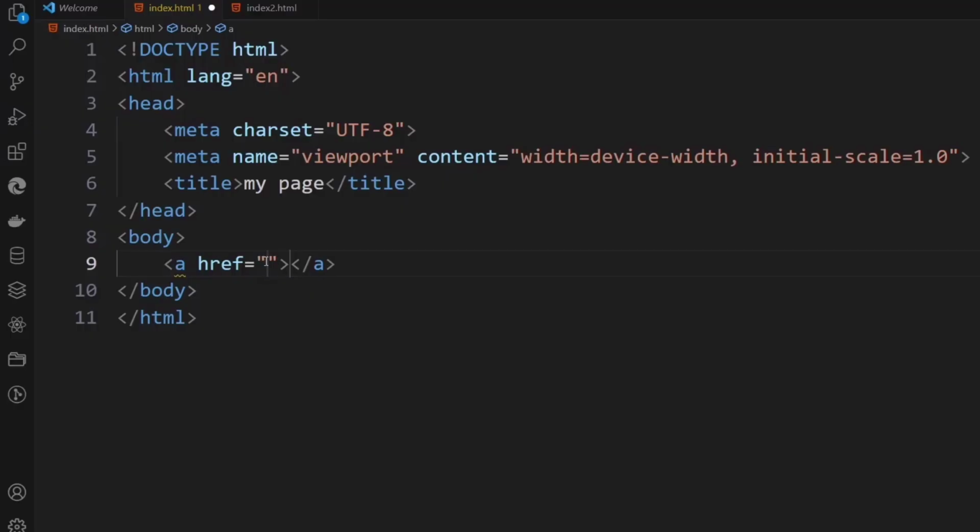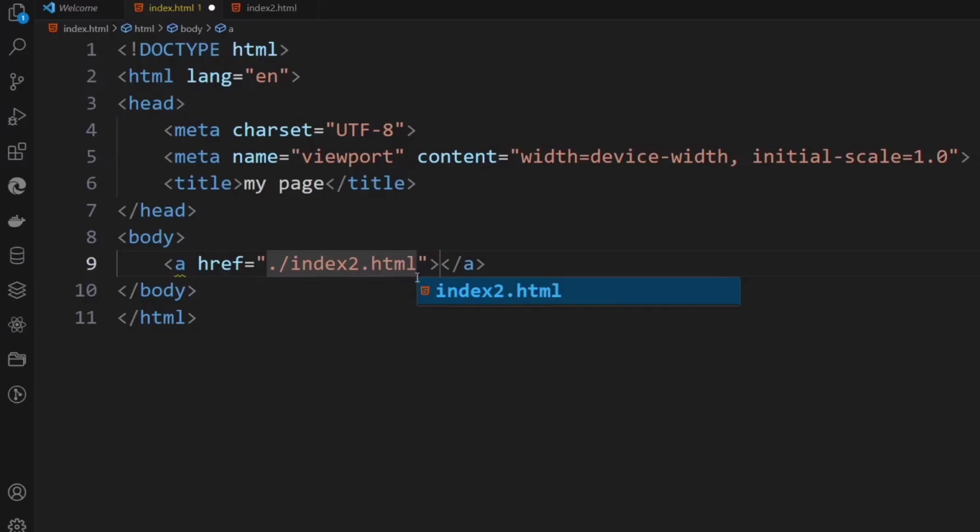Since they are in the same directory or in the same folder, I can simply write the file name of the other HTML file. I will write a dot and a forward slash to specify that I want to go to another file within the same folder that this index.html file is currently in. And then I will choose the other file I want to go to. I can simply click on this, or I can decide to also type out the name manually. So I'll write index2.html,